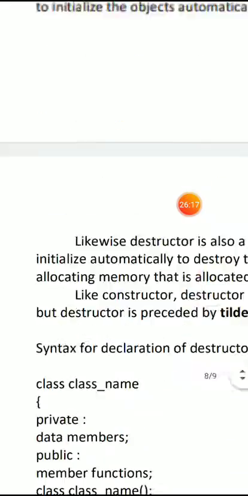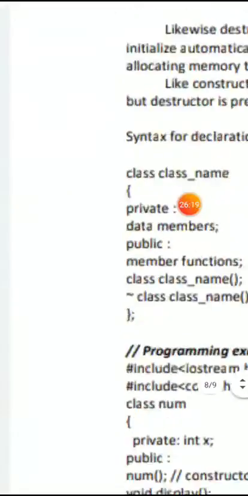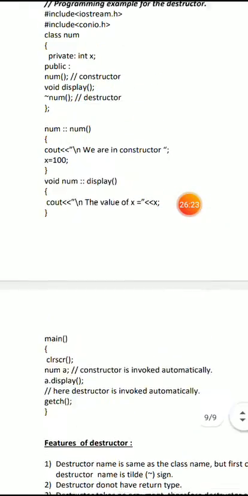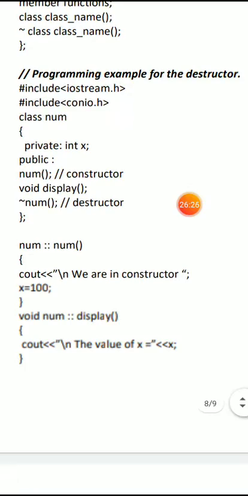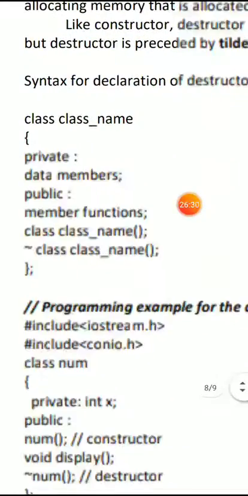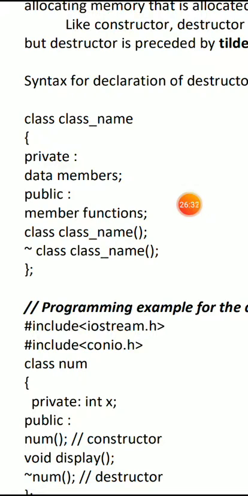Here in the syntax and example, the syntax for the destructor is: class name, private data members, public member functions. Whatever member functions you want to define inside the class, you can define them.